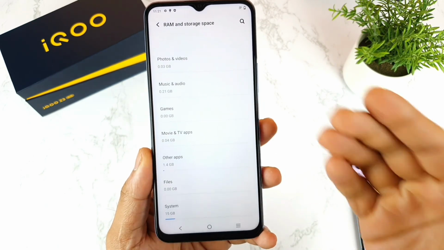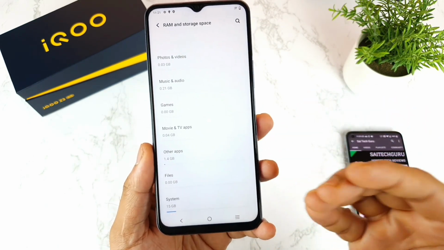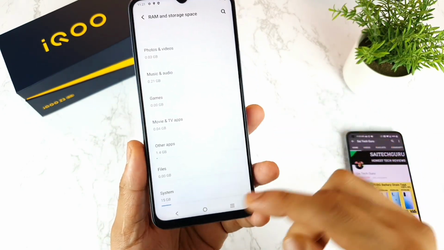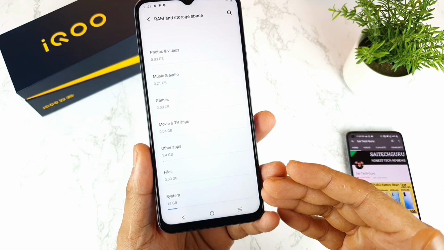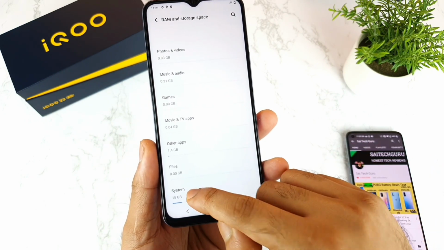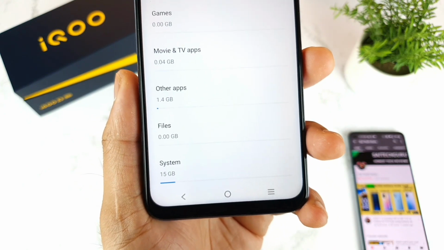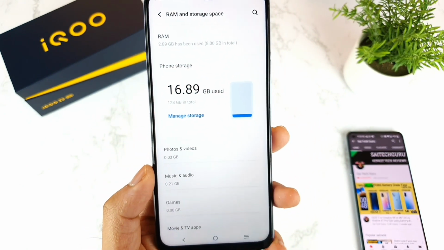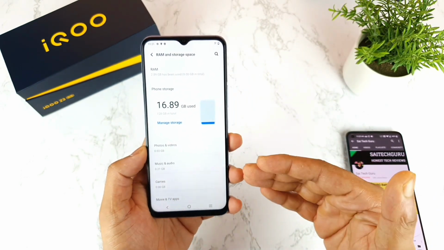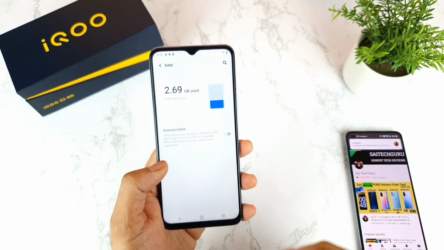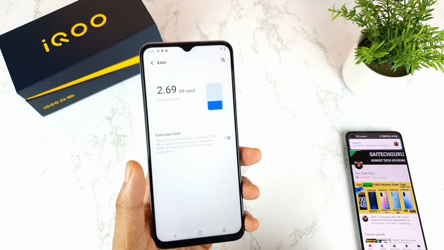Because I did disable the external RAM, the 3 GB now got added into the internal storage. Before, it used to use 8 GB of internal storage, but right now it's using only 15 GB, as you can clearly see friends, after disabling the external RAM capabilities. So this is how the storage will be changed from the internal storage to the RAM storage. This is how you can actually see practically whether it's happening or not. That's a really good thing.